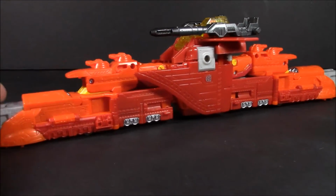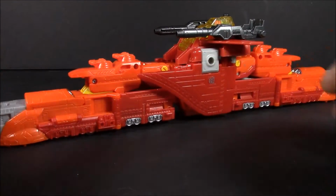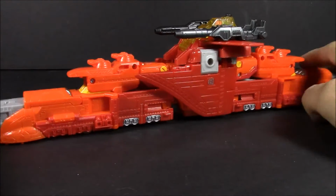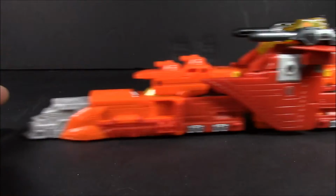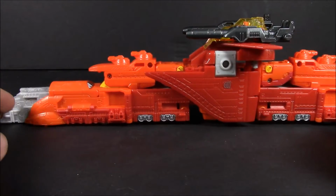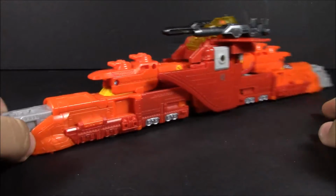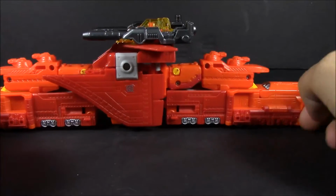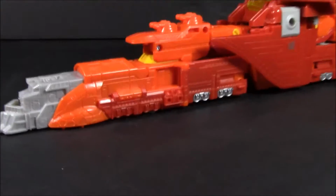And yes, we are starting in train mode, mostly because this is the easiest mode to start off with, going from this to shuttle to robot. He is a very long vehicle. Obviously he is a train. Very battle themed. I mean, we got turrets up here, we got these two big cannons up here, and turrets at the back. Zooming in here,